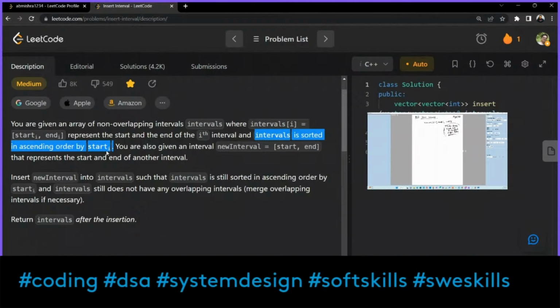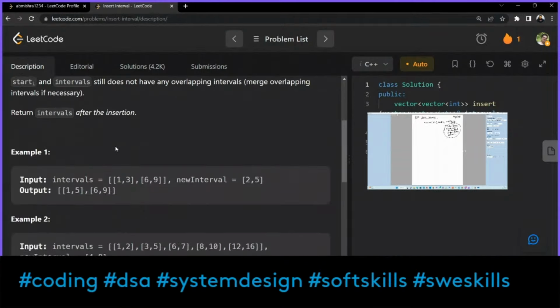Okay, so this is one thing you should mark down. Now let's try to understand the examples. Let's try to understand the example. So the example given is,